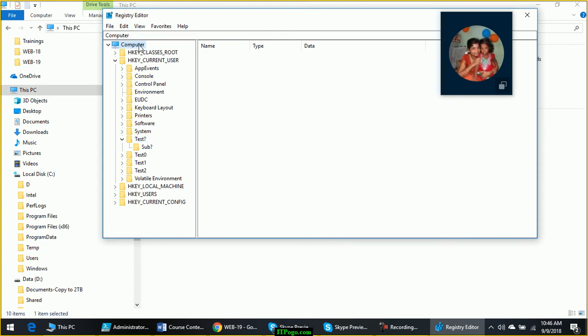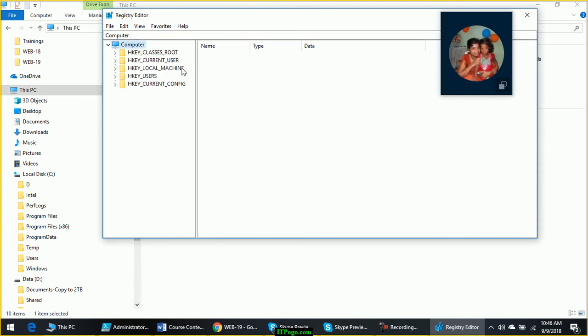So this is also a data store where instead of files and folders you have hives. These are called registry hives. There are 5 hives available under the registry, out of which there are 2 hives, HKey current user and HKey local machine, which we deal with. Others are used by the system.